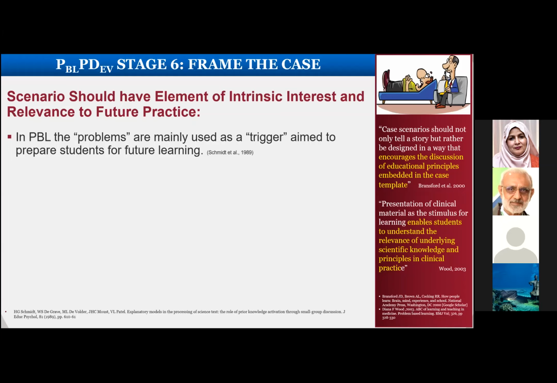Actually, the students won't be able to tackle it, and towards the end, they will just scroll through the case and try to finish it as quickly as possible. So it depends upon the type of PBL framework which you are using. It is a 2-session or a 3-session one.